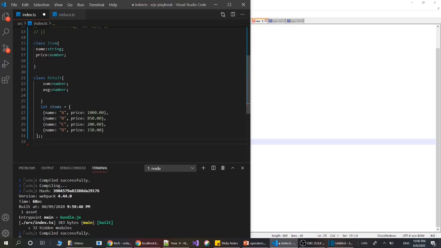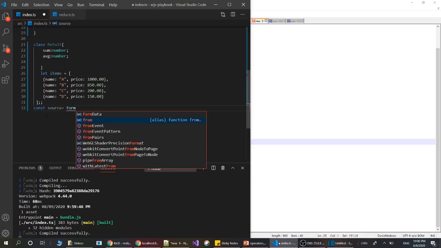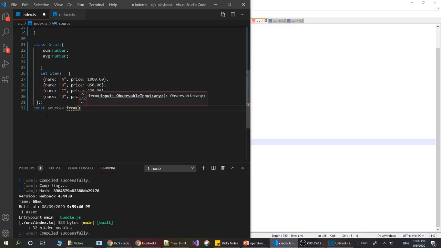Now we are going to create the observable from this array. Let's create the source: const source equals the from function, which takes the observable input, which is our items.